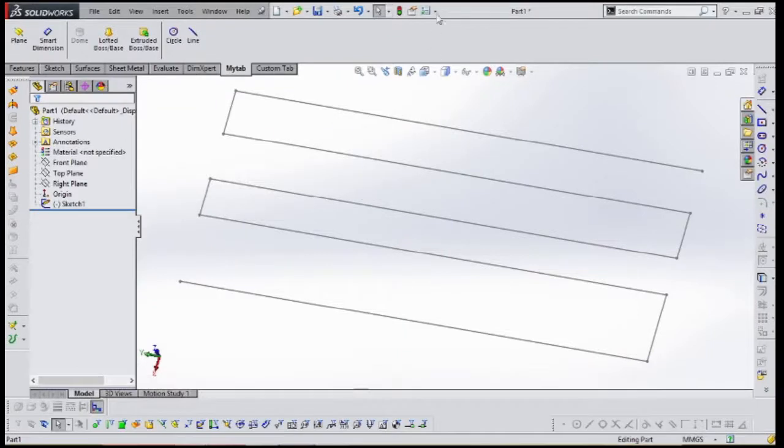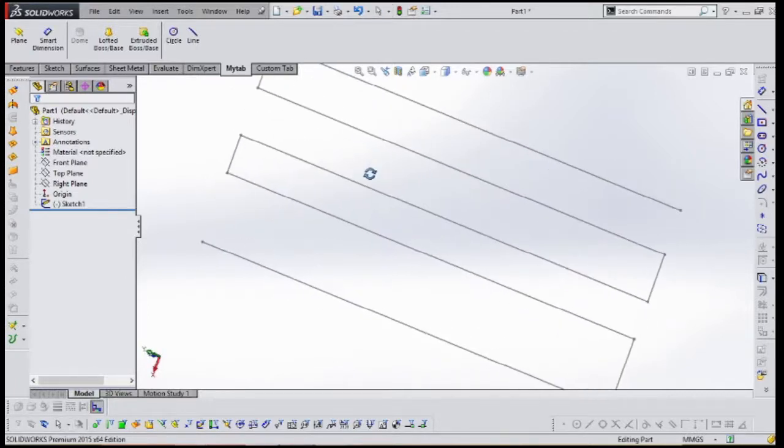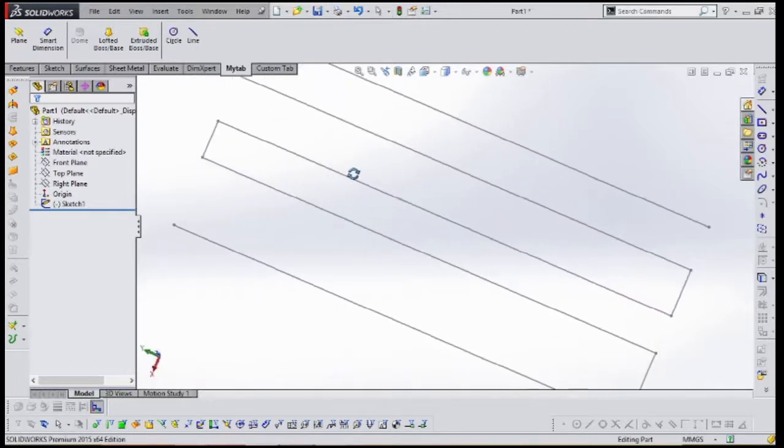And one thing, now I'll explain this flyout window, or heads-up view window. It is transparent. The command manager will cover the graphics window, but this doesn't cover the graphics window because the sketch will go beyond it also.